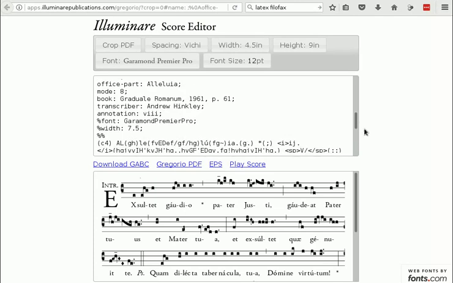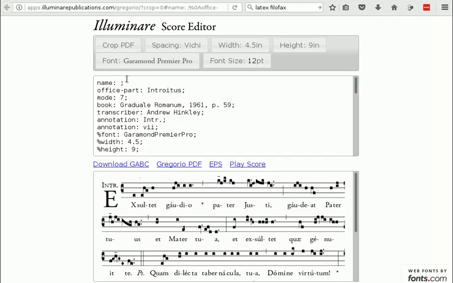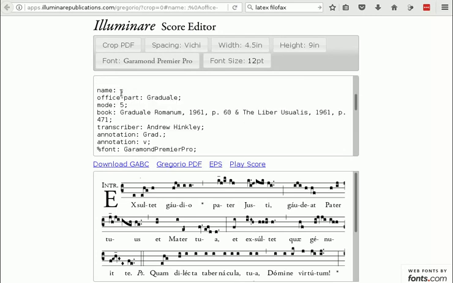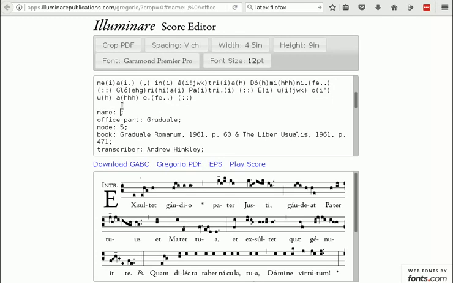So the first one, from what I said last time, I mentioned you can put in headings. If you scroll to the top of the code box, you've got name, and you can write your heading, and you call that Introit for the Holy Family. How about that? And then for the next piece, you see you've got a couple of blank lines and the name again, and you can put Gradual. I've left out the Kyrie this time. And so on. You can go through all the different parts and put in titles.